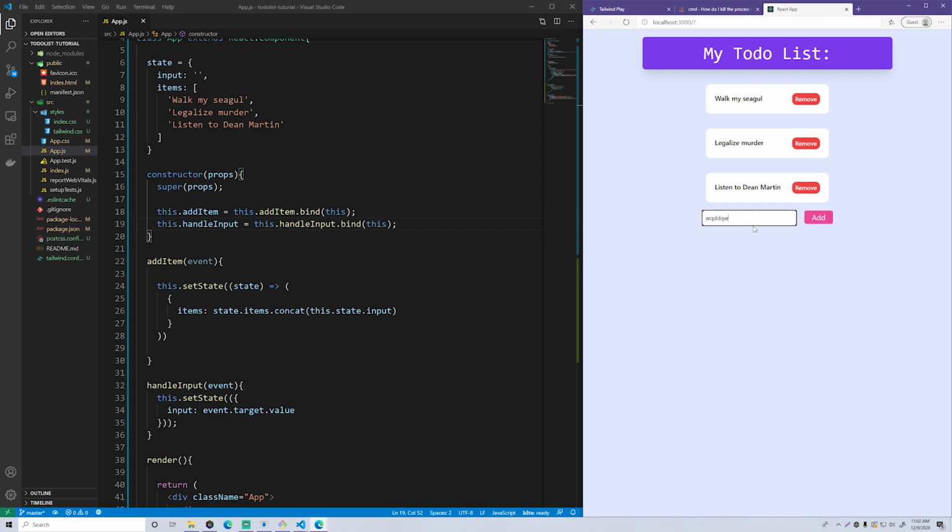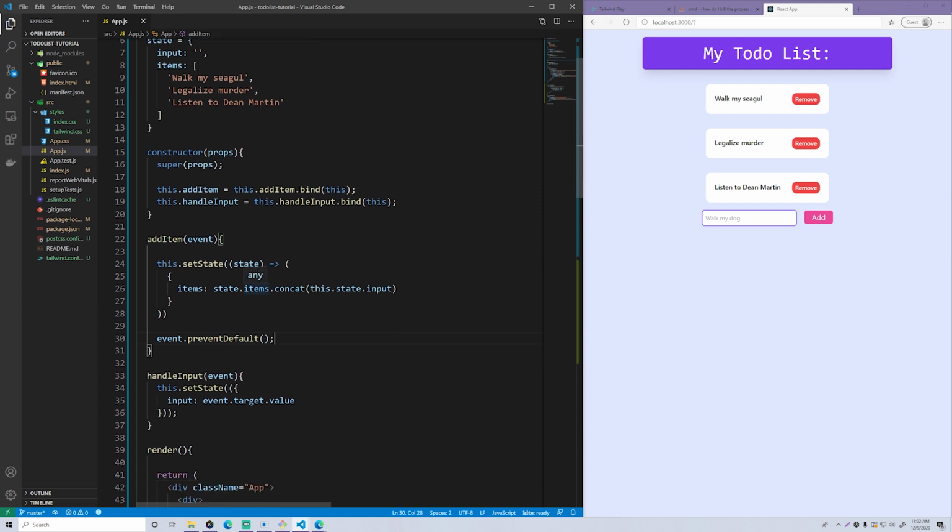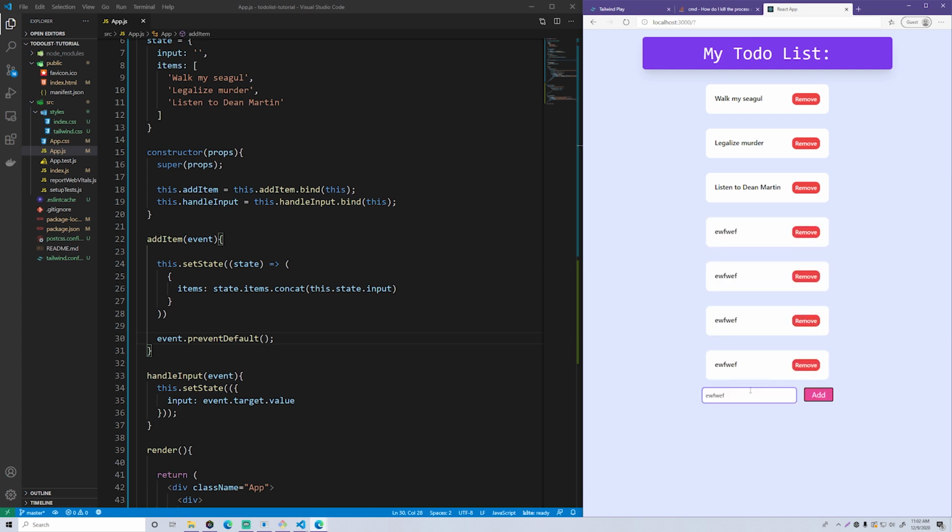Cool, so now it's adding, but look what happens. As soon as you add it, it disappears instantly. So that's a little problematic. The reason that happens is because you actually need to have something down here. You need to do event.preventDefault. I don't know exactly what that does, but that's what you need whenever you're handling this type of event. Okay, so let's reload. There we go. So now it's able to add it. And now you can see that the input is still there, so it doesn't remove it, which is cool.